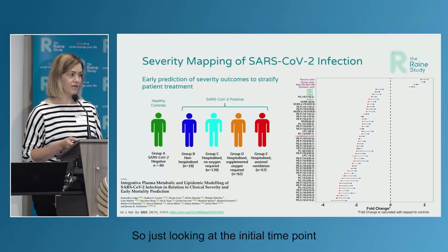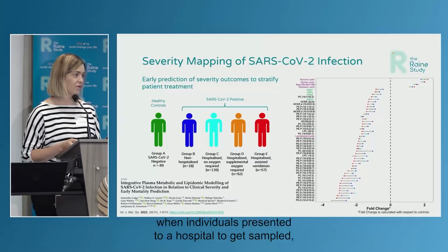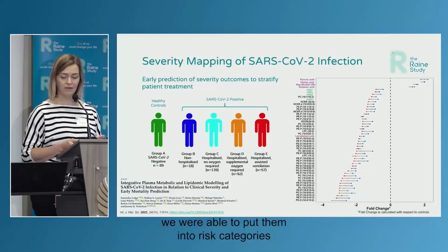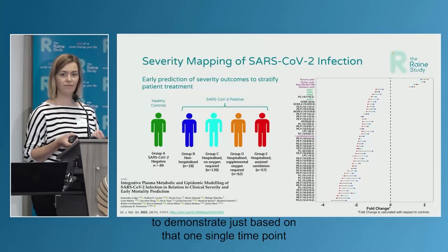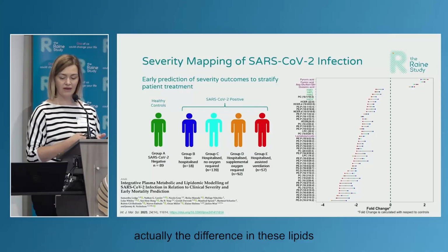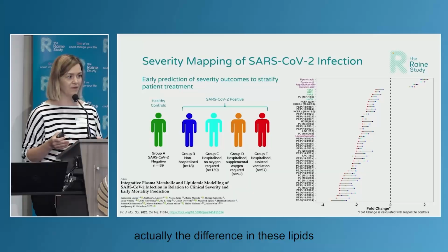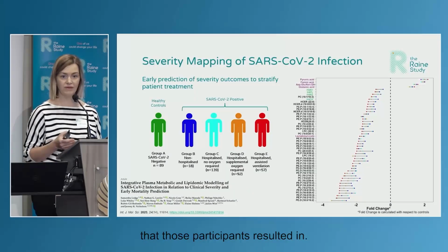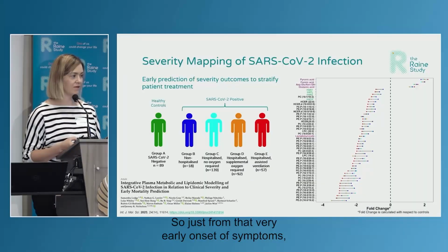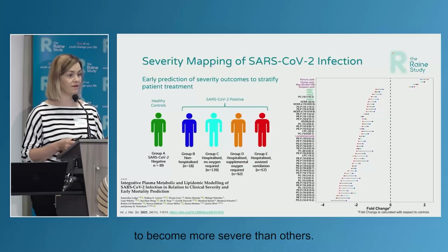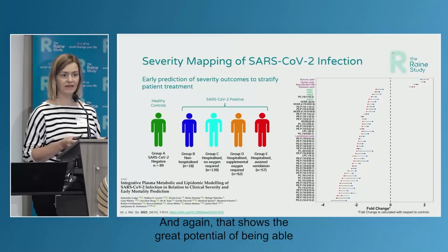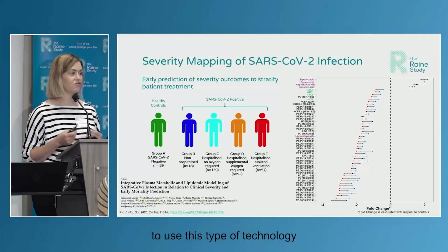So just looking at the initial time point when individuals presented to a hospital to get sampled, we were able to put them into risk categories to demonstrate, just based on that one single time point and one sample, the difference in these lipids across the different degrees of severity that those participants resulted in. So just from that very early onset of symptoms, we could tell which people were going to become more severe than others. And again, that shows the great potential of being able to use this type of technology to stratify